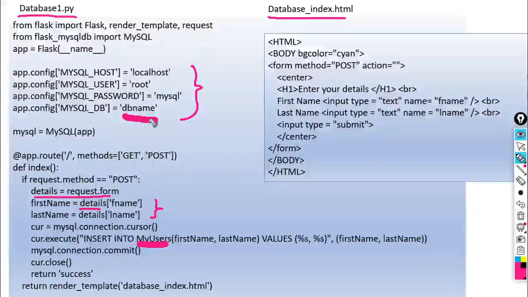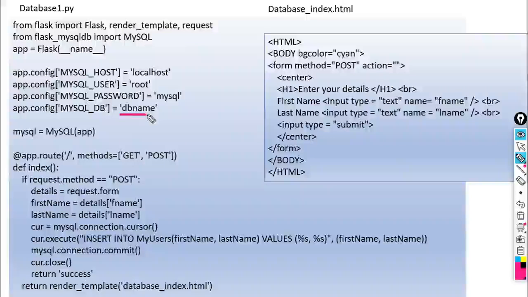Look here, these two are different parts. We have to create a table within a database. What database have we created? db name. What table have we created here? MyUsers. And we are going to enter the data in the table, that's why we used MyUsers here. So what is the syntax here?